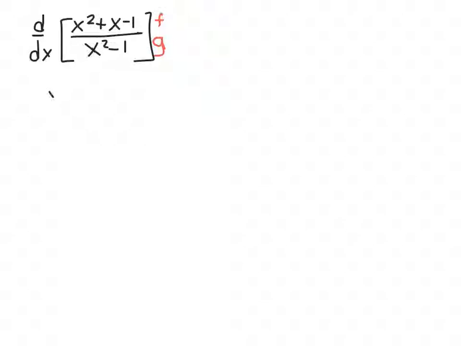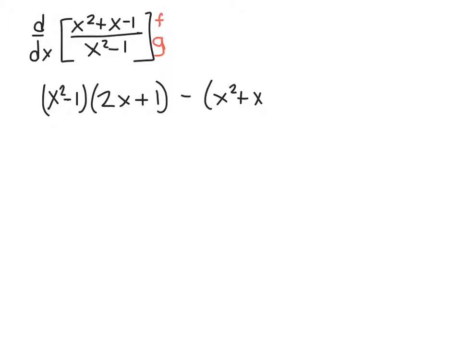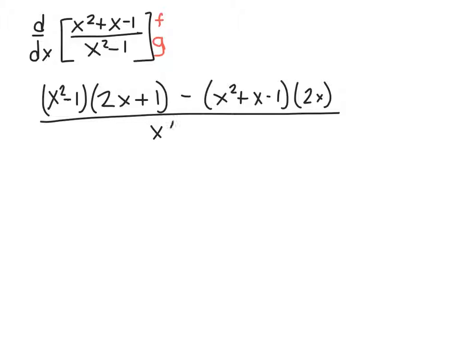So I'm going to take x squared minus 1 times the derivative of the numerator, which is 2x plus 1. Remember, the derivative of x is always 1. And then I'm going to subtract from that the function in the numerator, function f, times the derivative of the denominator, which will be 2x. And I'm going to put that whole thing over the denominator